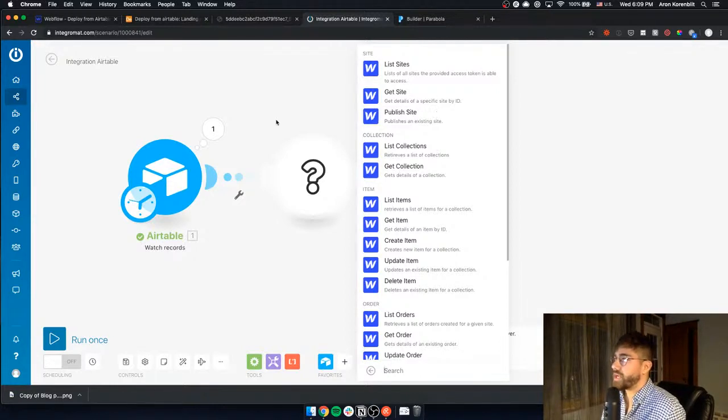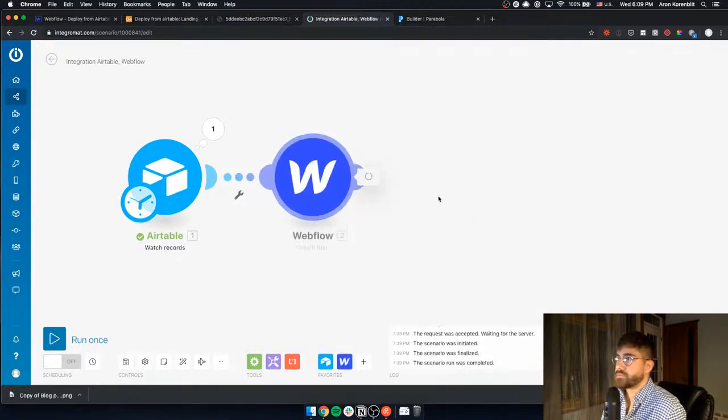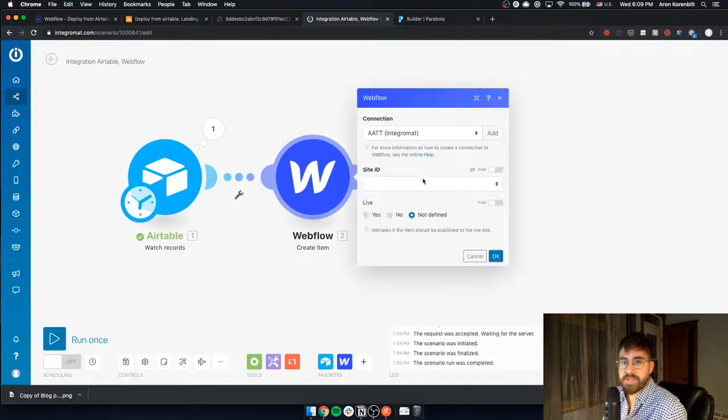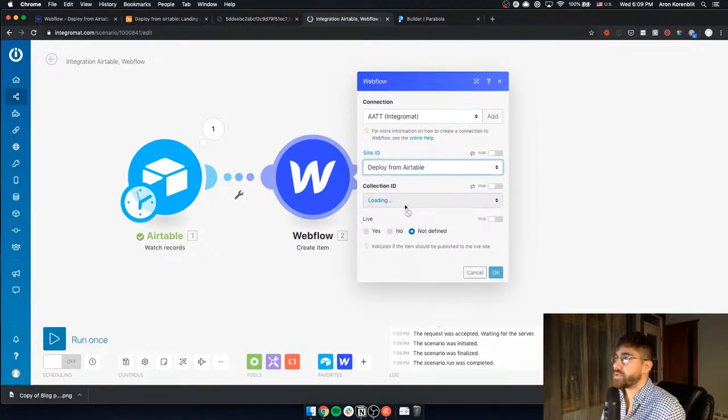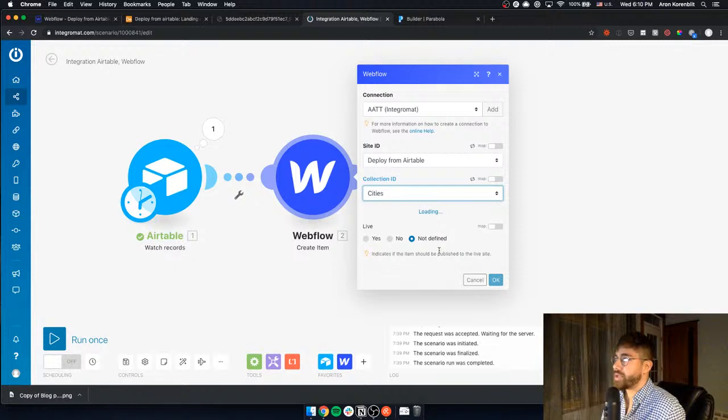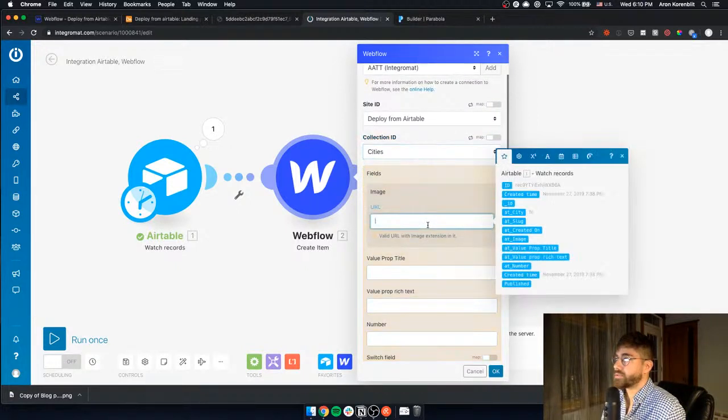And we want to create an item. So very similar to Zapier so far. Yeah, this is it. Site ID, deploy from Airtable. We only have one CMS there. Okay, and then we're just going to map our field,